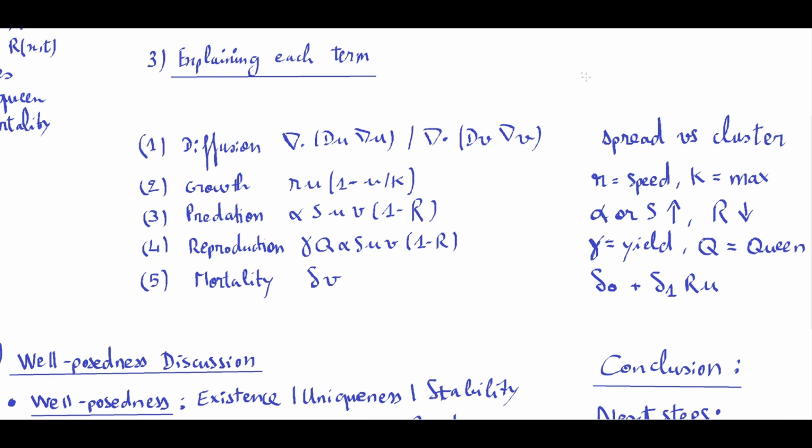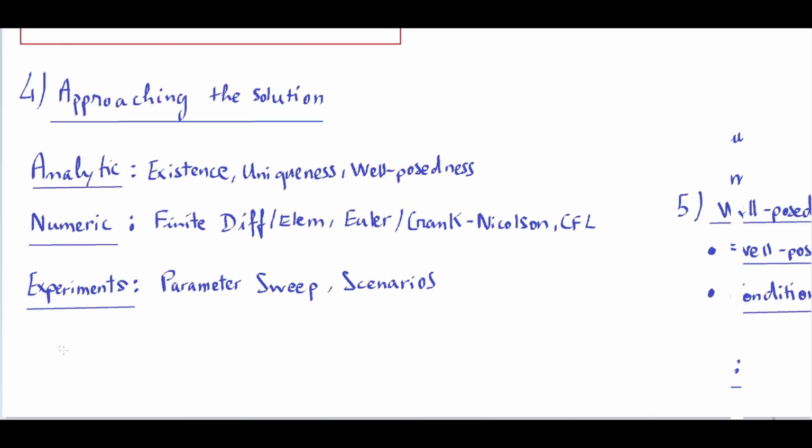Ultimately, for the mortality term, natural xenomorph death doesn't happen very often. It's more related to human killing. We suppose that there is, in a way, natural xenomorph death, but maybe in the future we will change that. The base ratio is delta 0, plus extra from human defense, delta 1 R u. So if we have a higher defense, we'll have more xenomorph losses. Now, to approach the solution.